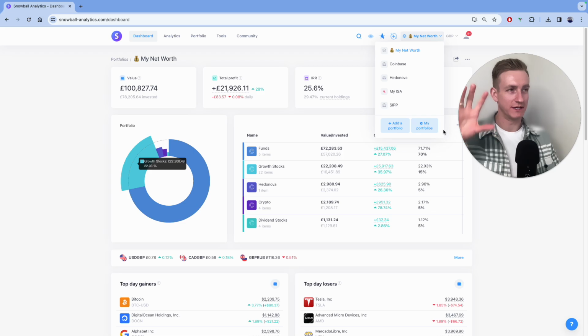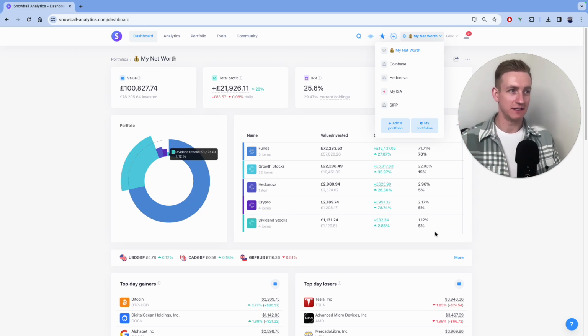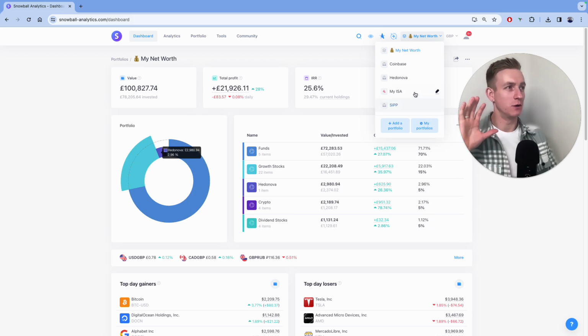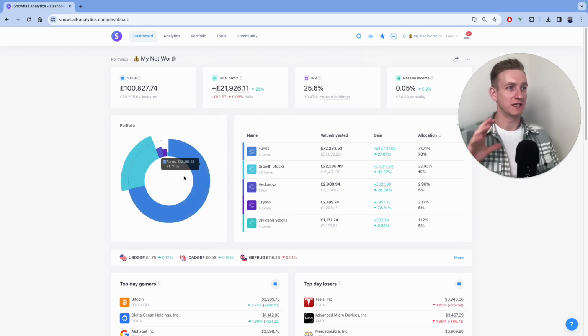This is purely assets in the sense of cryptocurrencies, stocks, funds, ETFs, index funds, that kind of stuff. Okay, so you can see here my net worth, which represents all of that. And then you've got the individual accounts. So my Coinbase account, my Head and Over account, my ISA, and my SIP. So the great thing about this platform is it combines everything on this one specific dashboard to give you a